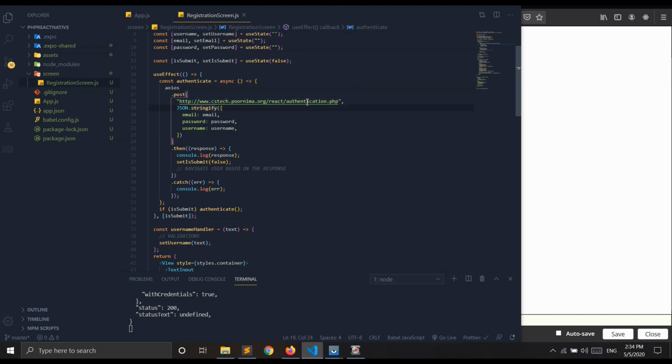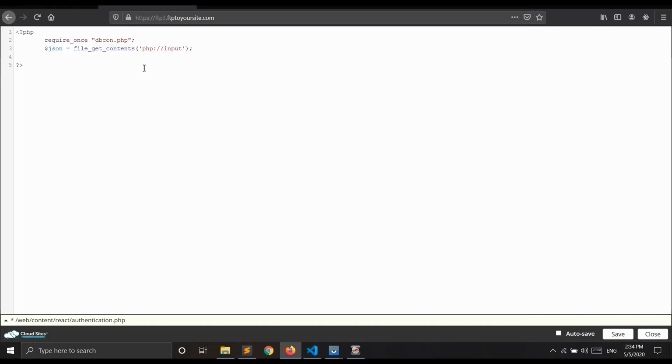Now we can decode this like this, json_decode with true. Here we got the object. Now we can extract the values from this object.